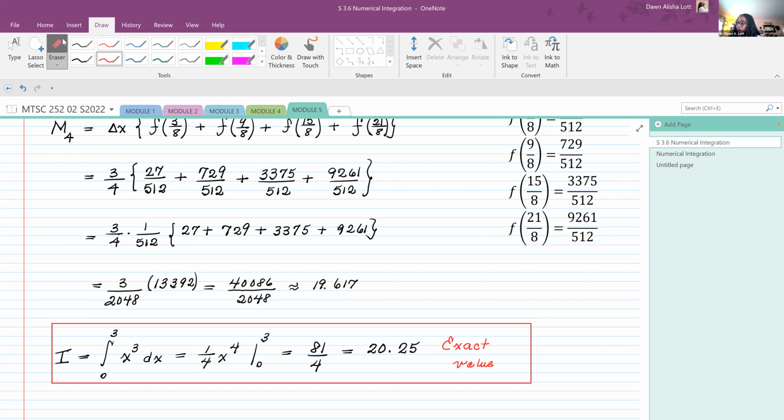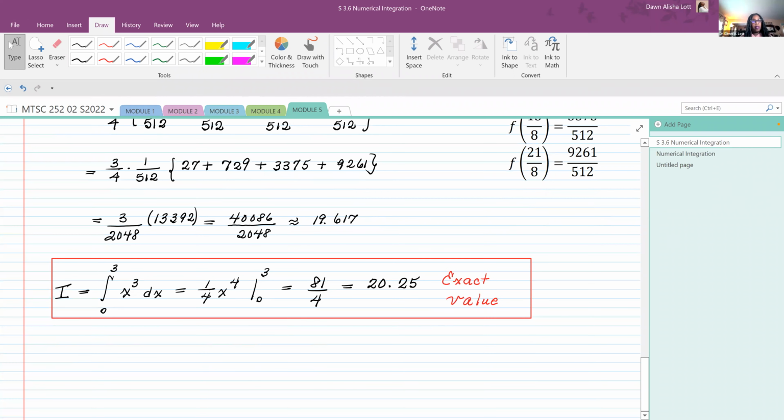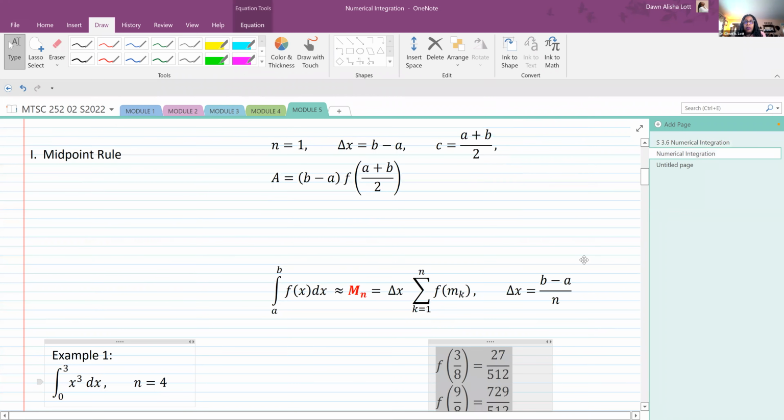That's the exact value of the integral. That looks sloppy. Okay, so now, since we know this, we can now compute the error, which means how bad is our approximation? How far are we off? Okay, so in order to compute the error,